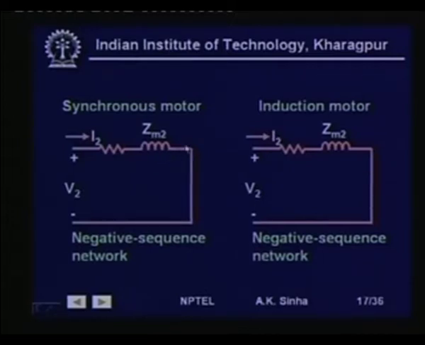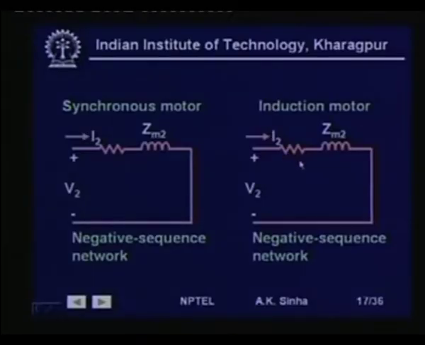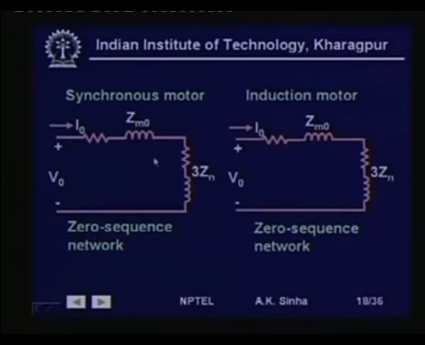Similarly, for negative sequence, there is no voltage source, but there is going to be the negative sequence impedance of the synchronous motor, which is going to be same as that of synchronous generator. In case of induction machine, also we will have the negative sequence impedance of the motor, and zero sequence similarly it will be similar in case of